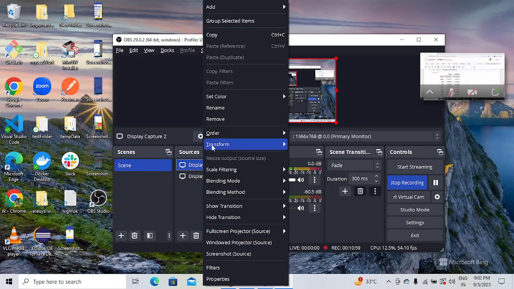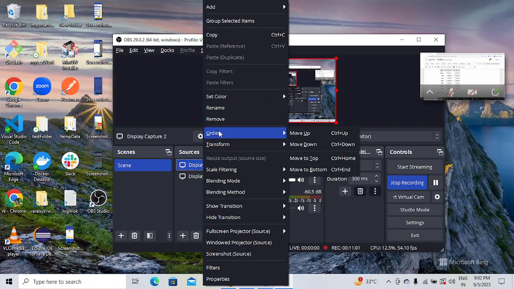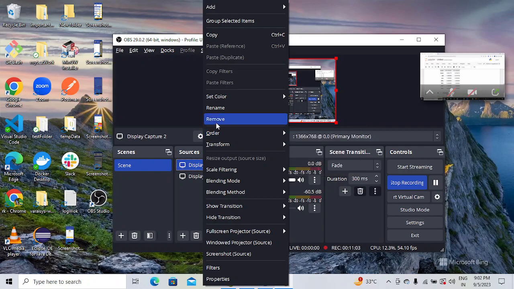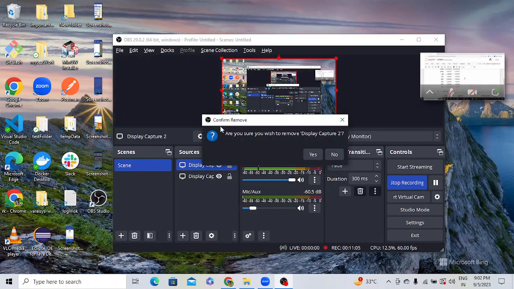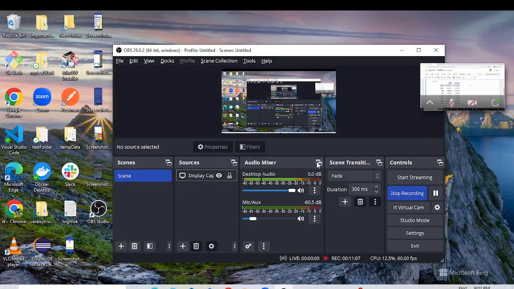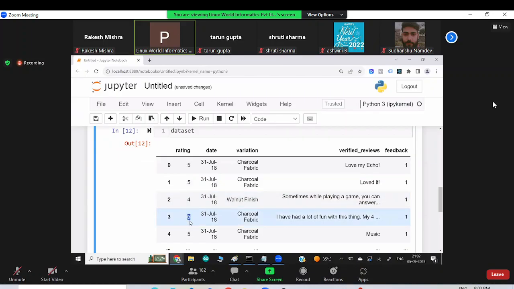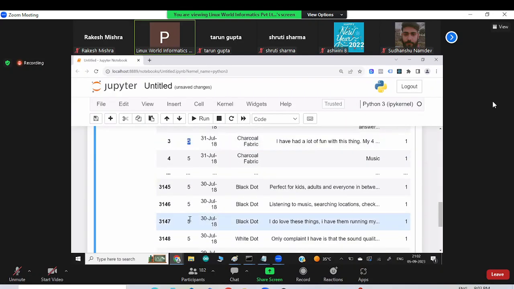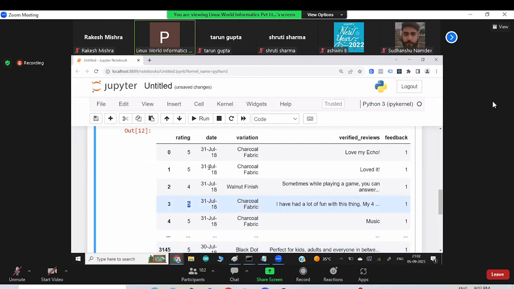Okay, and what they describe in this data set. In this data set, I'm trying to describe the rating, the rating part. What I have found is that a lot of people have given the rating 5, 5, 4, 5, 5, 5, 5, 5. That means they're happy, right? So I think they have a rating scale from 1 to 5. 1 means they are not happy with this product. 5 means they're happy with this product.